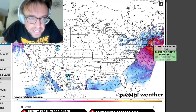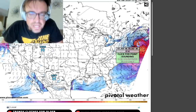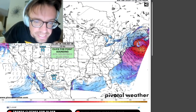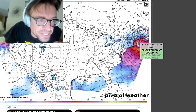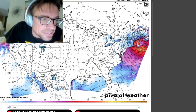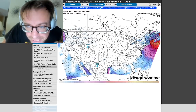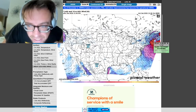But here is the HRRR, which goes out to 48 hours now, this new HRRR. I've also heard that, which is a benefit for severe weather season, some of those over-mixing issues, especially in the high plains with the HRRR, may be resolved in this new iteration. So this is at 0Z tonight. The latest HRRR is showing that surface low to bomb out through the 980s, getting close to 980 out there, dropping into the 970s, upper 970s, 977 there in the Gulf of Maine,